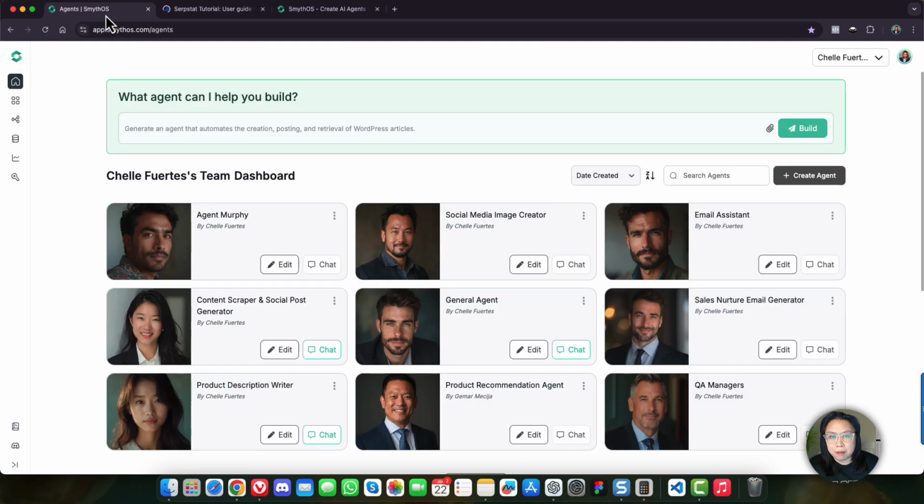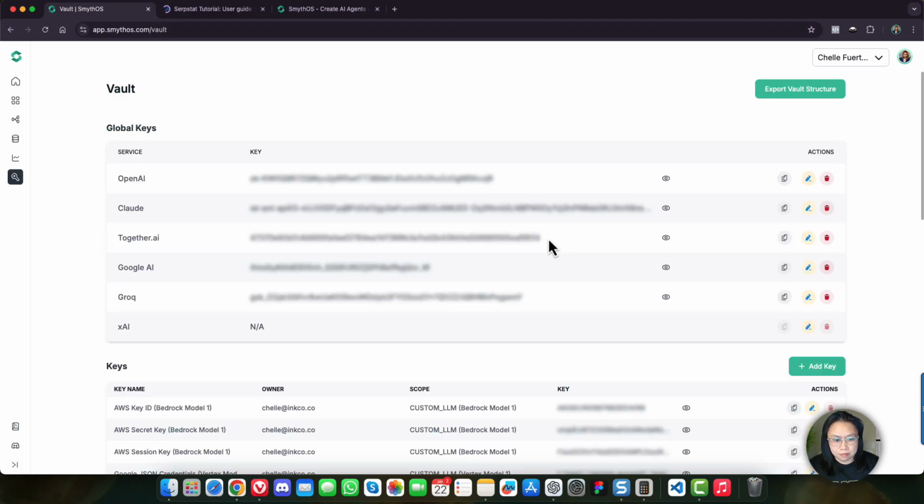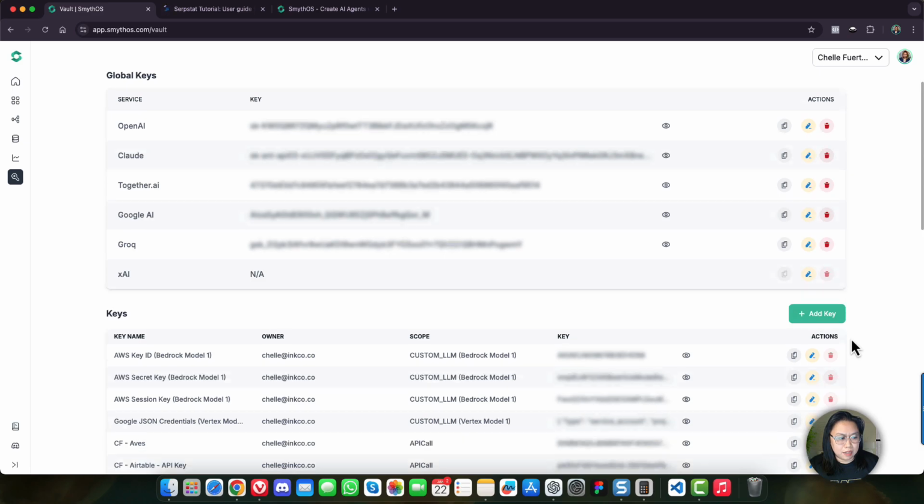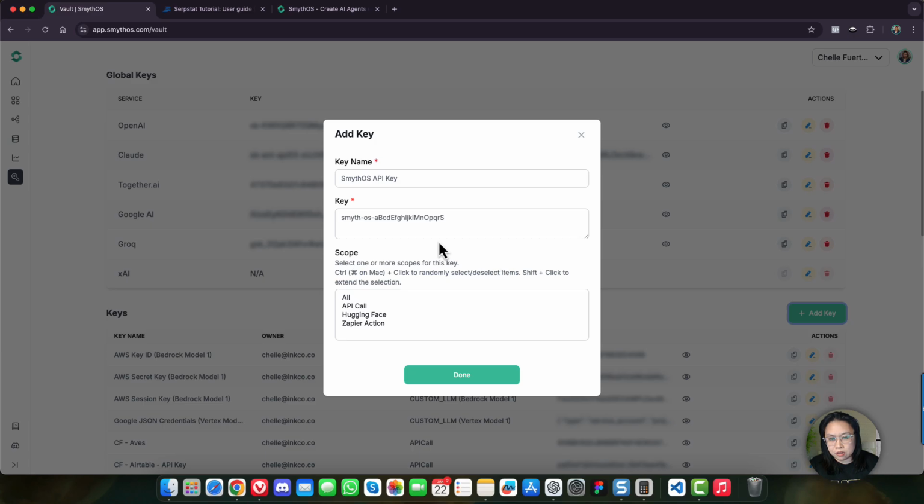After that, go back to your SmithOS account, go to the vault, then click the add key button here. This will enable you to save your SerpStat API key into the SmithOS secure vault and be able to use it on different workflows moving forward, so you don't have to re-enter it every time you create an agent integrated with SerpStat.